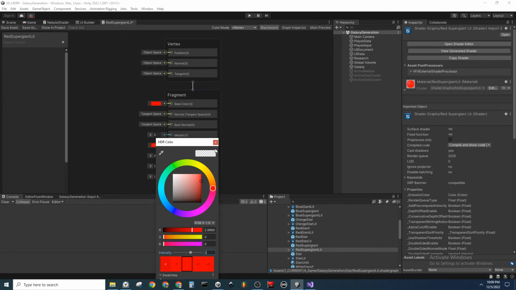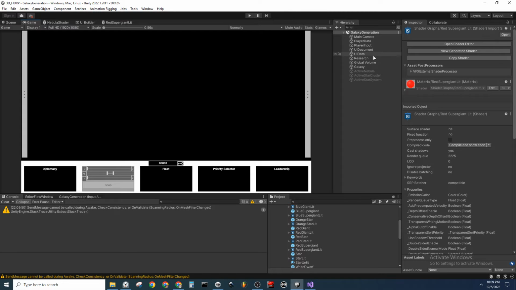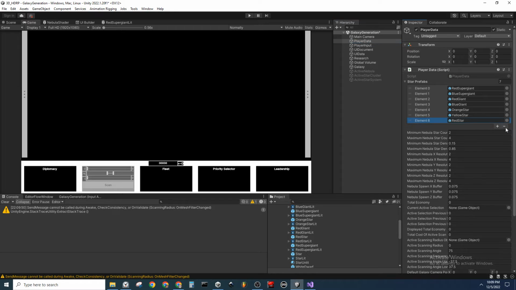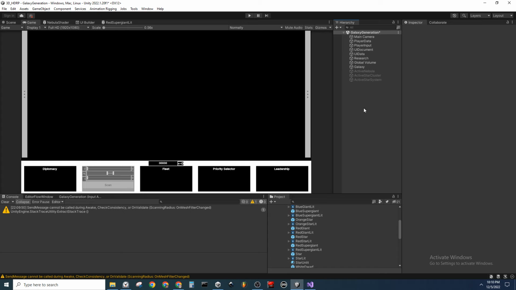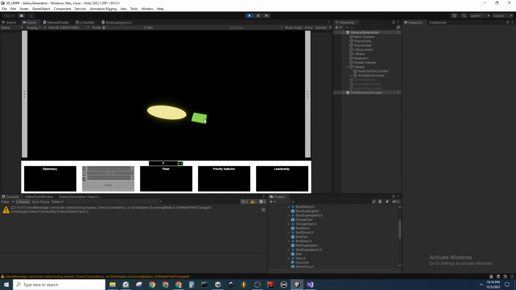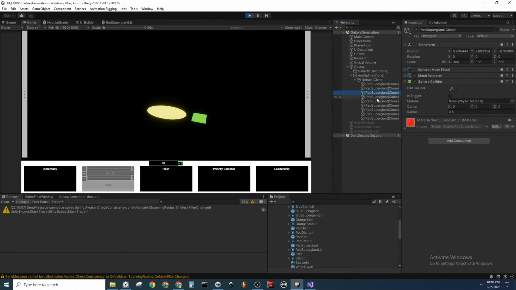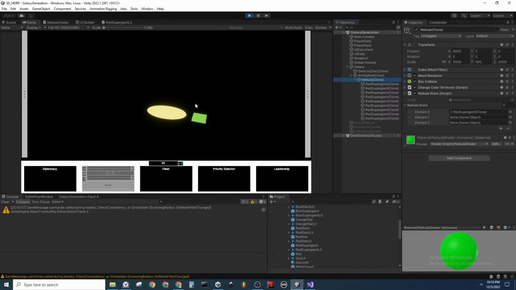Change the intensity to like 2 and then save it. Then I'm going to come to the player data and I'm actually going to scrap all of the other values, just so I can test if this is part of the problem or not. And maybe it's just emitting way too hard. Okay, so in this instance we have a nebula with 9 supergiants. So now if I select this nebula and zoom in and go inside of it,